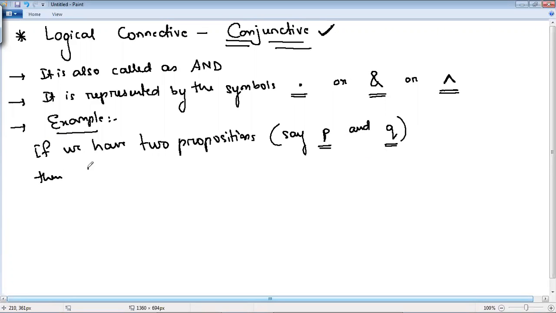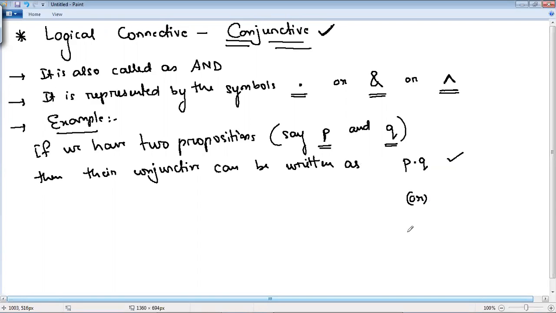Their conjunctive can be written as P dot Q, this is correct, or you can write P single ampersand Q, this is also correct, or you can also write P inverted V Q, this is also correct.